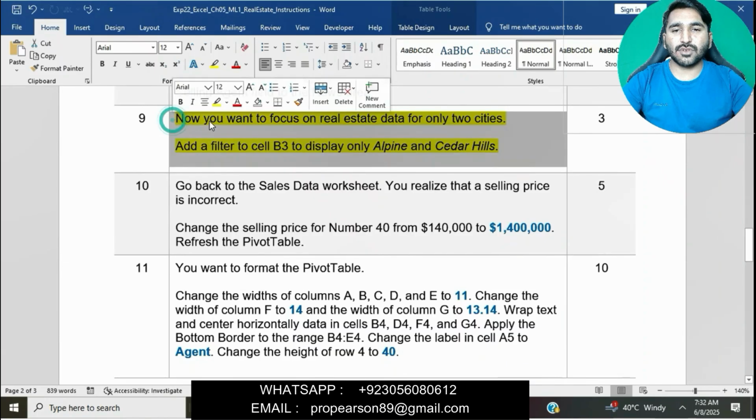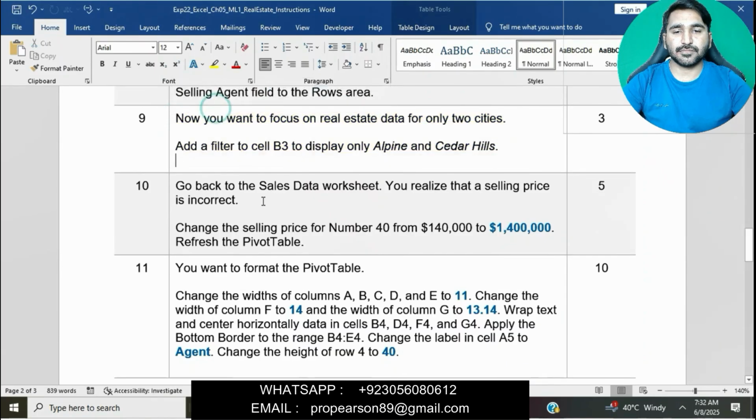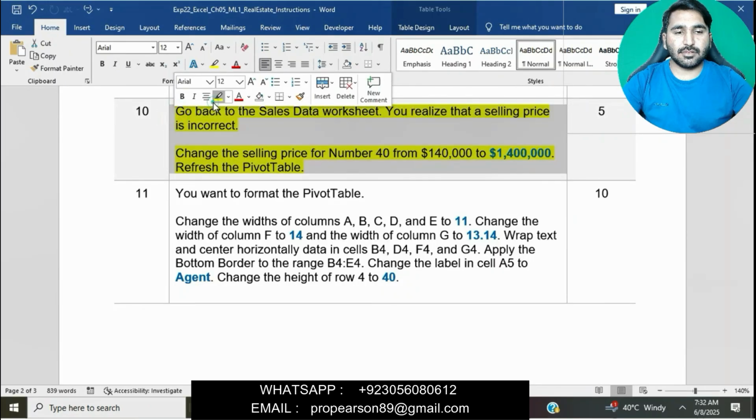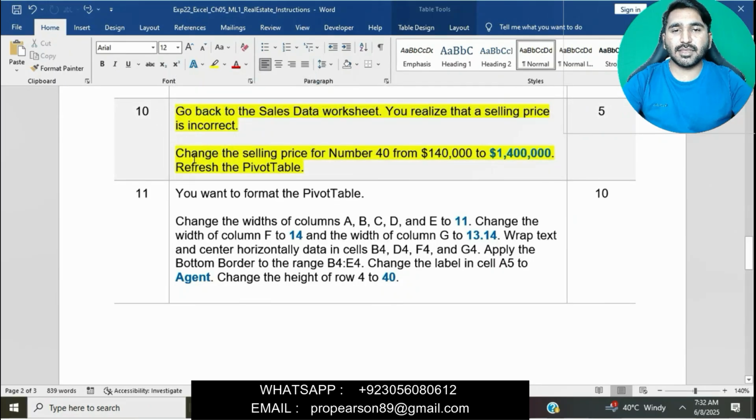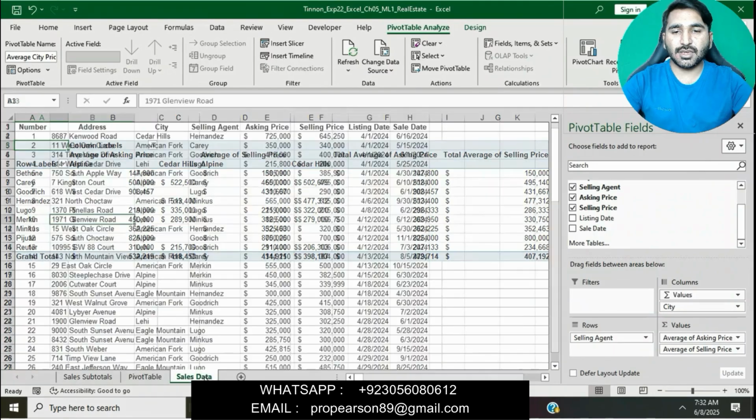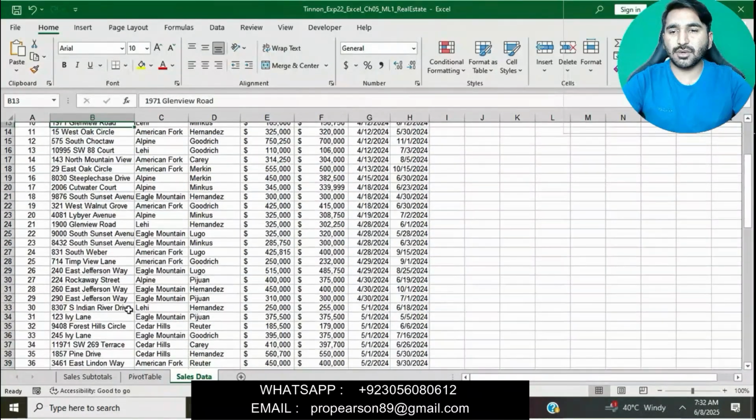Now we will move on to question number 10. Change the selling price for number 40 from 140,000 to 140 lakh. Go to the sales data worksheet and find number 40.